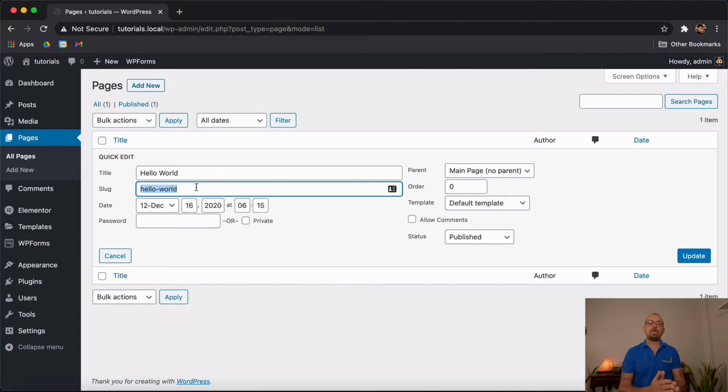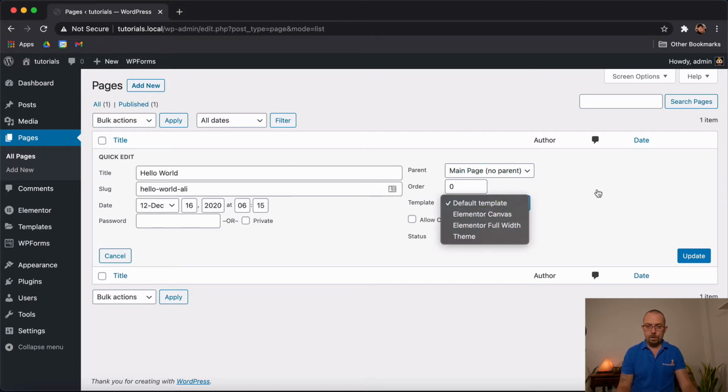Remembering slug is the URL of the actual page. And it doesn't have to be the same as the title. It can be anything you want. Just make sure there's no spaces. If there is a space, you just fill up that space with a dash there, okay, with a hyphen. Changing the date, but we'll talk about more of that. And you can choose certain templates that you want to assign it to.